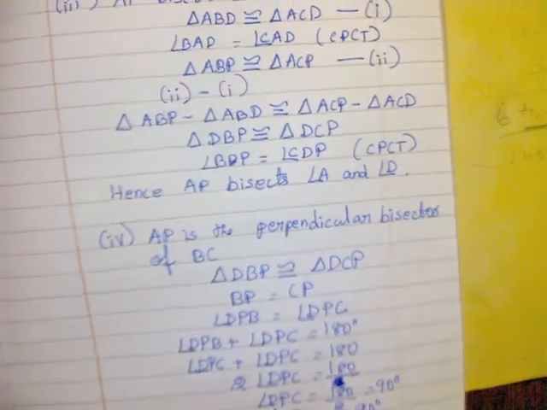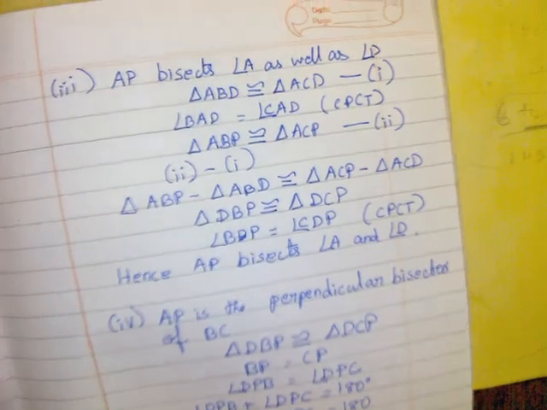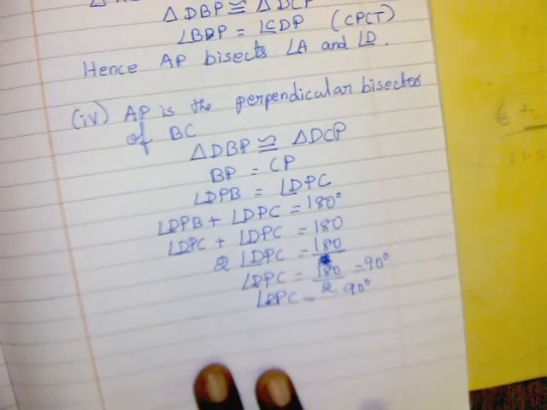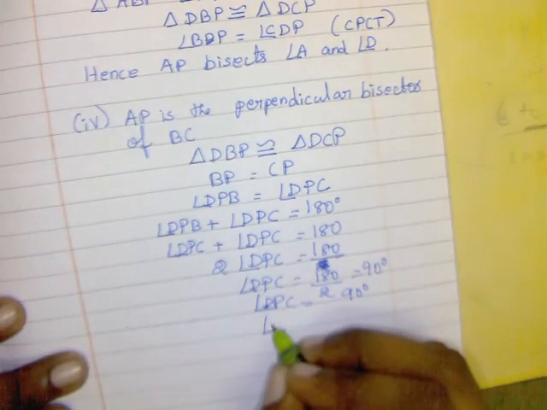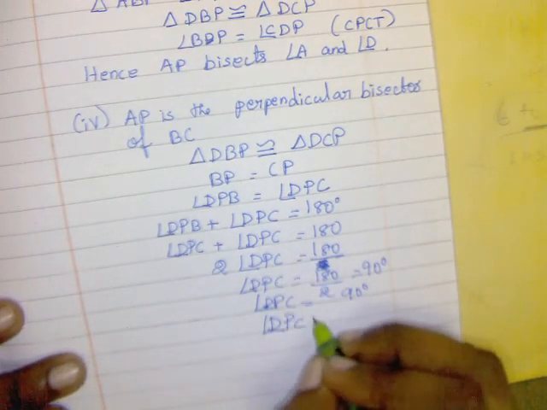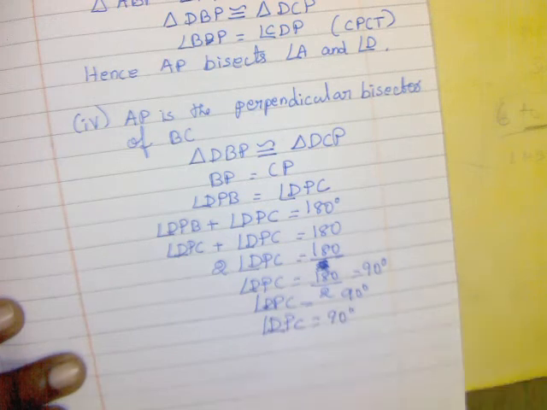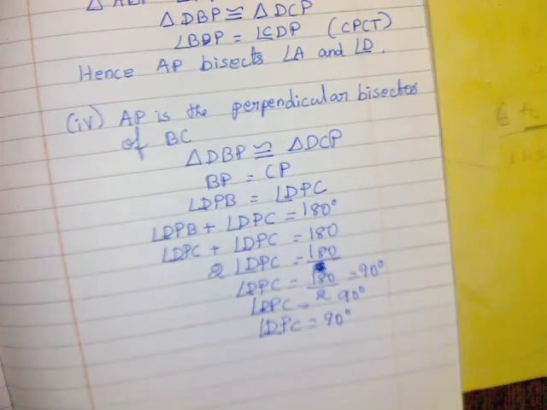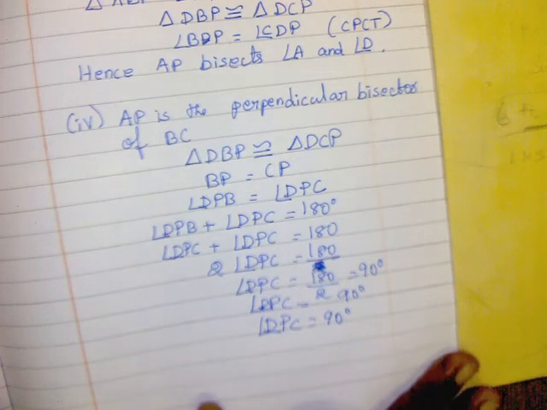Okay, right? Understood how we have to write? It is very easy. I am writing down angle DPC is equal to 90 degrees. Okay, right? Got it? Yes. So now next we are going to learn the second sum: AD is an altitude of isosceles triangle ABC. I am writing the question here. See here.